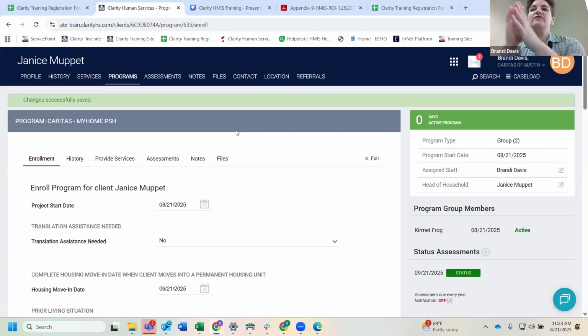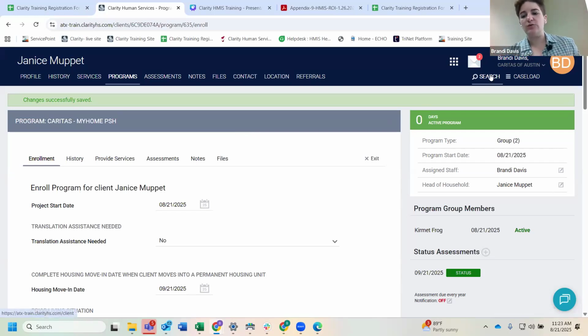So we're going to run through that. If you all typically work with individual clients, you may never run into this situation. But for those of you who work with families or households often, you might run into this sometimes. So I just want you all to know how to handle that in HMIS if it does come up. All right, so the first step, if you're going to do this, is we have to create the baby. So we have to add the child to Clarity.